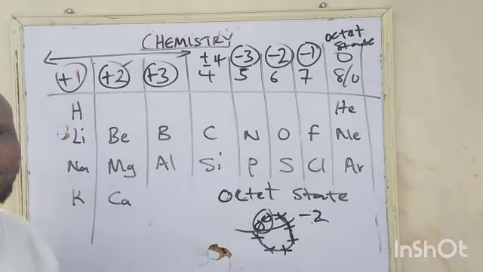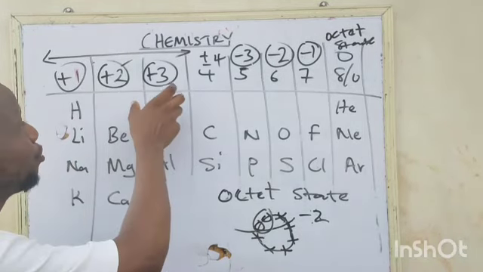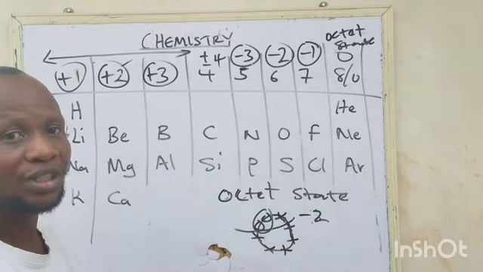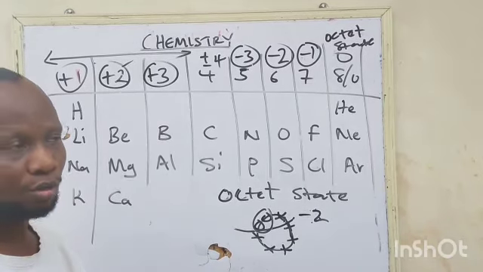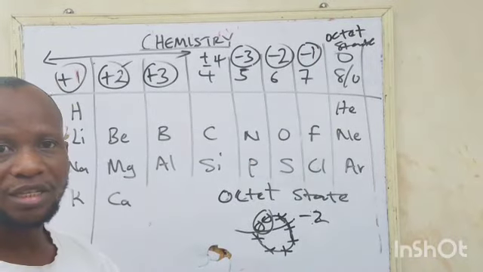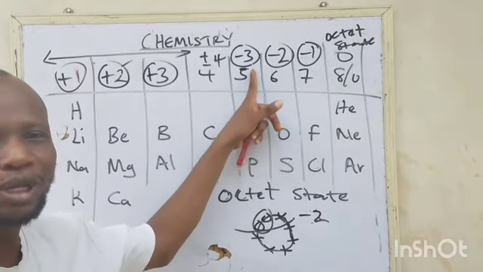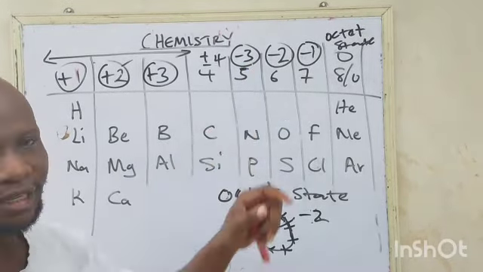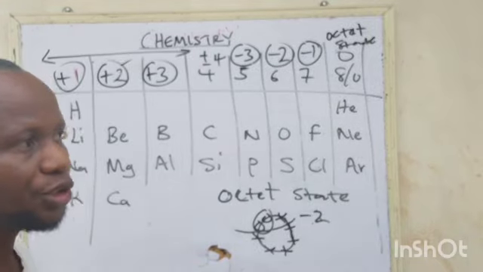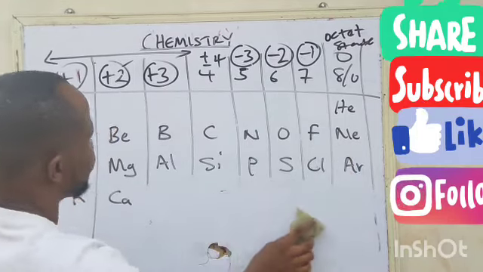So anytime you look for an element to find out the oxidation number, just check the group they belong to. Groups 1 to 3 are metals. They will always donate, so the number of electrons in the outermost shell being donated is automatically the oxidation number, and donating reflects them to be positive. On the other side, groups 5 to 7 are non-metals because they are acceptors of electrons, and the number of electrons they accept will be their oxidation number on the negative side. Group 4 are metalloids and group 8 are noble gases with neutral or no oxidation number. Now quickly we are moving to